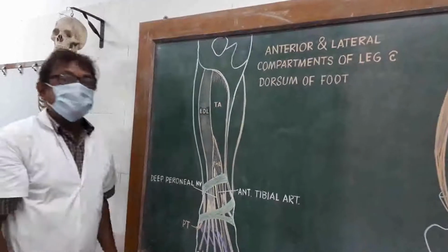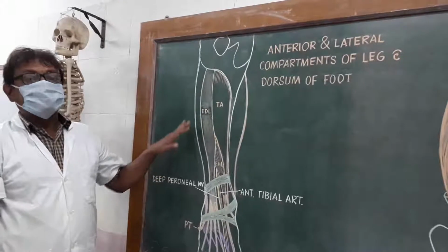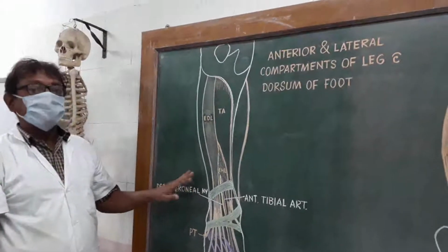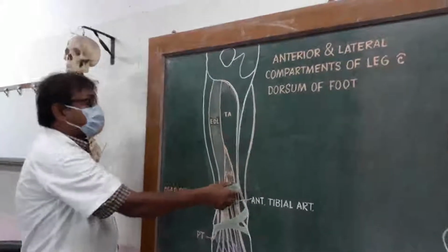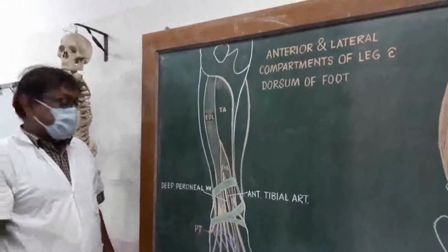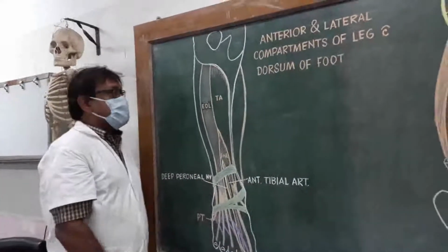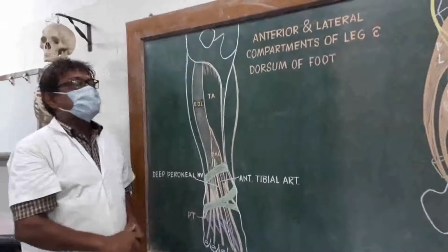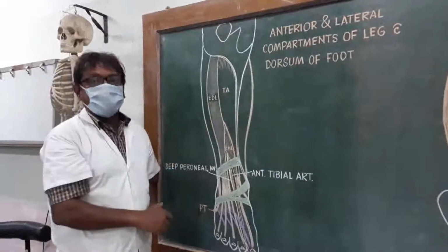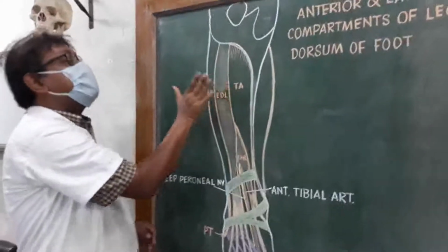Deep to the skin lies the superficial fascia, and deep to the superficial fascia is the deep fascia of the leg or the fascia cruris. The lower part of the fascia cruris is thickened to form the superior extensor retinaculum, which retains the tendons of the muscles in position. The anterior compartment or the extensor compartment of the leg intervenes between the deep fascia and the